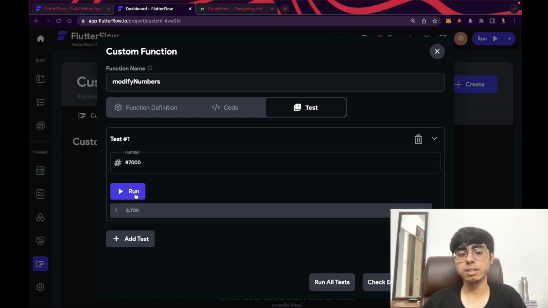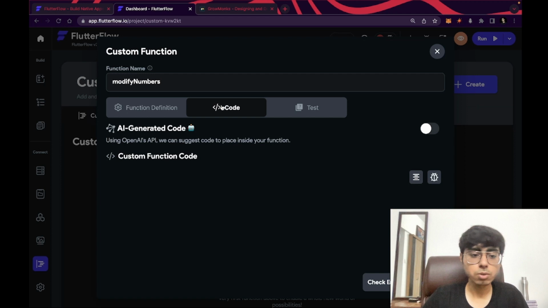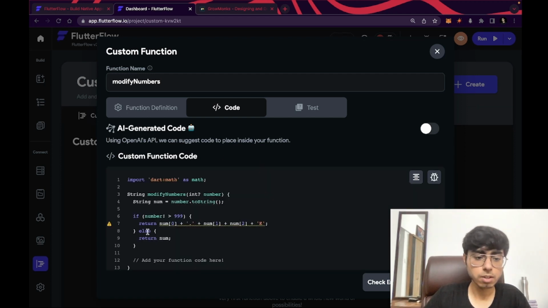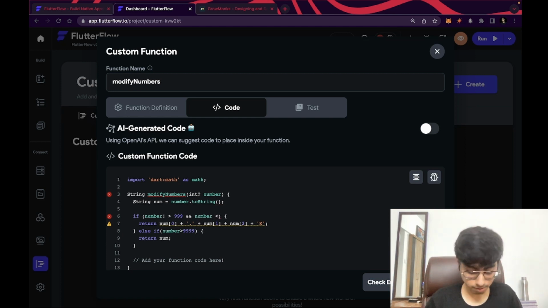It is giving me 8.7k only. Why? Because we are not handling the condition if the value increases 9,999, right? So let me add that condition. So instead of, it will be else if my number is greater than 9999, then it is going to have this, and the number is less than 10,000, then this will happen. Otherwise, I'm going to grab this